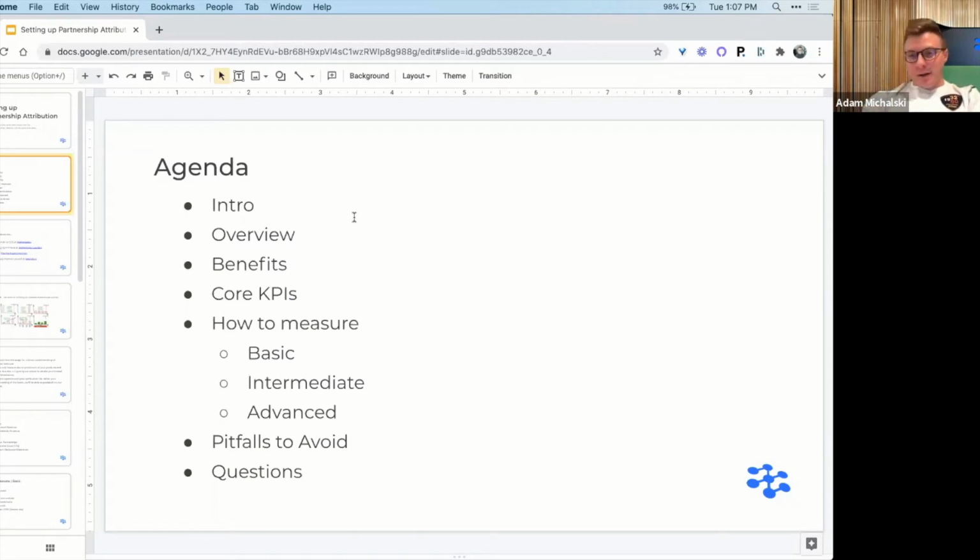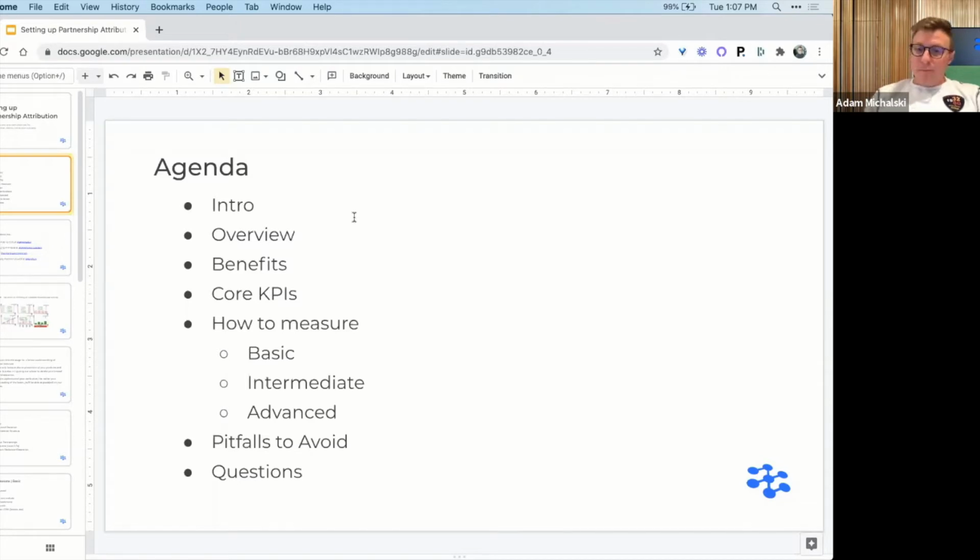But then also, what's the advanced way of doing this? And the world that a lot of folks have probably heard of, like multi-touch attribution. So there's a whole world of sales attribution modeling that's definitely more of the run approach when we think about crawl, walk, run. But I want to cover that because I do think it's where the future is for any type of sales attribution modeling. So I'll tell you a little bit about how you can account for your partnerships in those types of models as well.